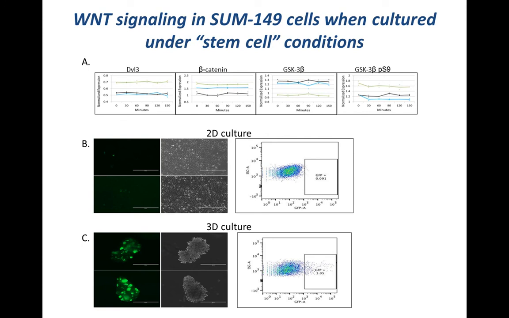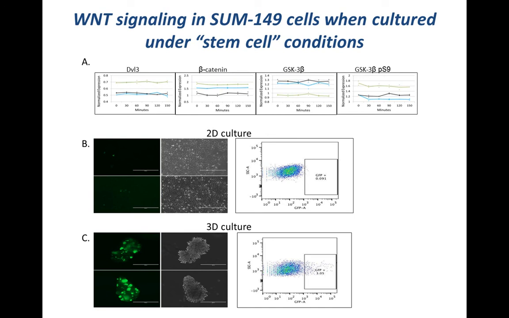So what we did is an experiment where we took a reporter construct that would light up with green fluorescent protein in individual cells in which the Wnt signaling pathway was turned on. And we looked for those green cells in cells that we normally grow in two-dimensional culture in monolayer and culture dishes. You can see that very, very little was going on, which was a little disheartening.